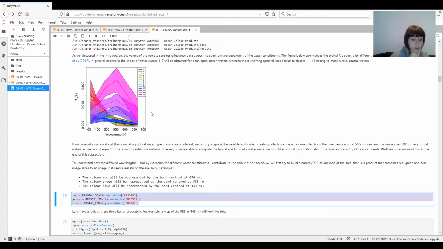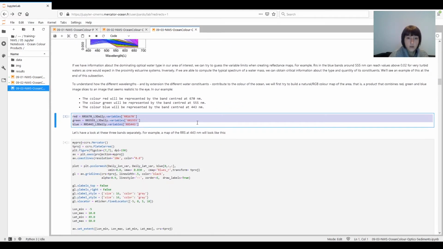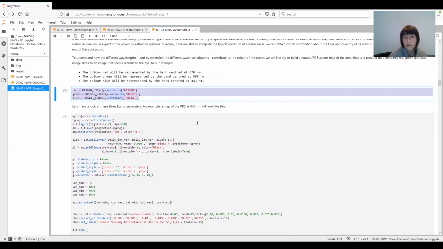So for example, remote sensing reflectances in the blue, around 443 nanometers, so around here, only reach values just above 0.01 for the very blue oligotrophic waters, as one would expect in the North Atlantic open seas. So, going back to our variables, to understand how the different wavelengths and by extension the different water constituents contribute